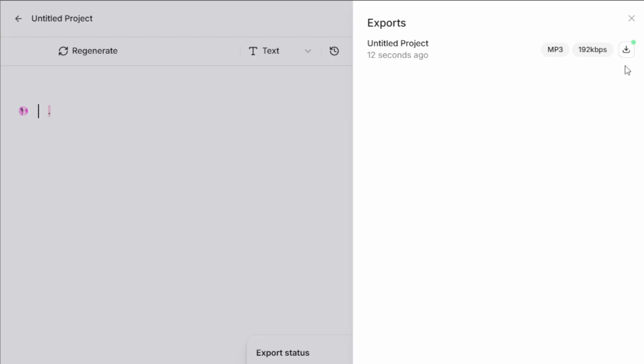So there you have it, a quick and easy method to download audio from ElevenLabs. I hope you found this guide helpful in enriching your content creation journey. And remember, technology is here to make our lives easier. Enjoy experimenting with different texts and voices, and most importantly,